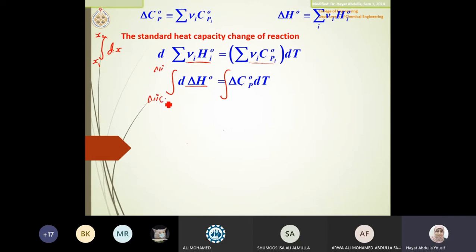So how are they different? Because they are changing with changing temperature. You can call it delta H1 and delta H naught if it's confusing, but I just want to tell you that they are different because one delta H is at a temperature, the other delta H is at another temperature. Okay? Arwa, clear so far?